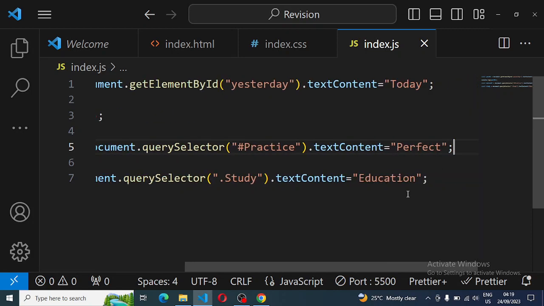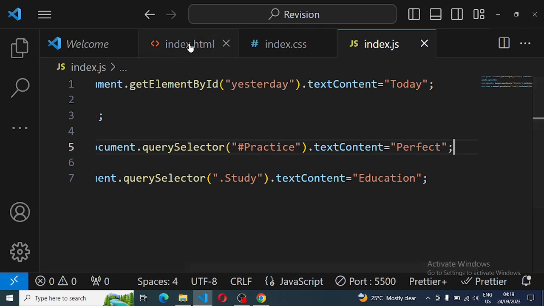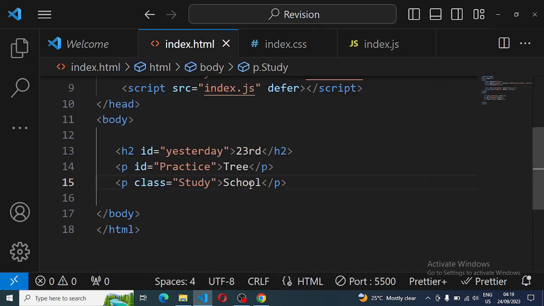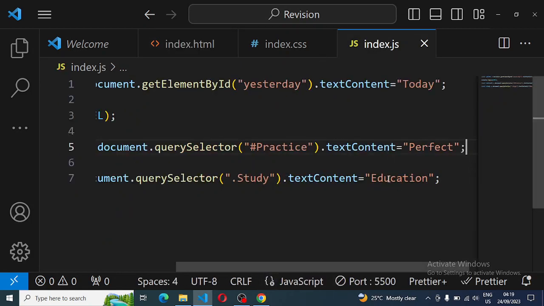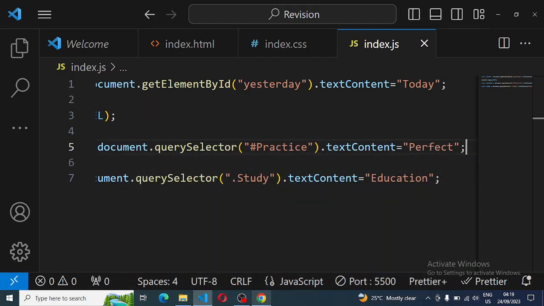Yeah. So who can guess? What do you think is going to be displayed in the UI? Do you think it's school that will be displayed, or is it education? And I'm sure you guessed right, because I know that you guys are very smart. So you see, there we have it, education. So that's simply how we manipulate the